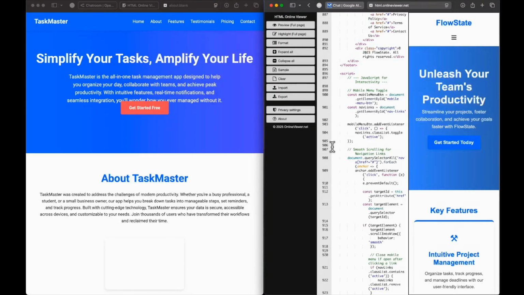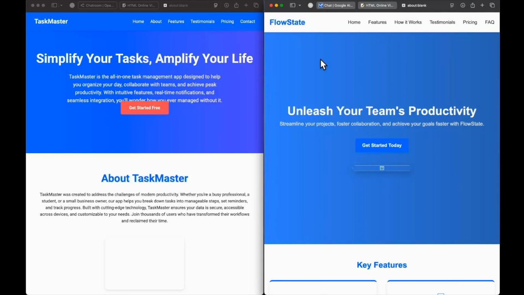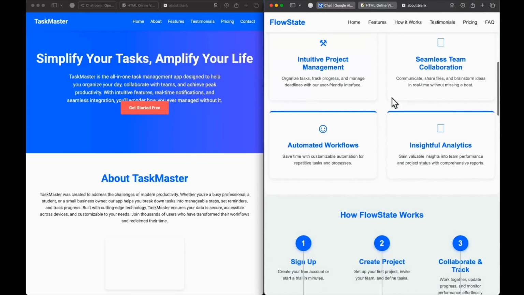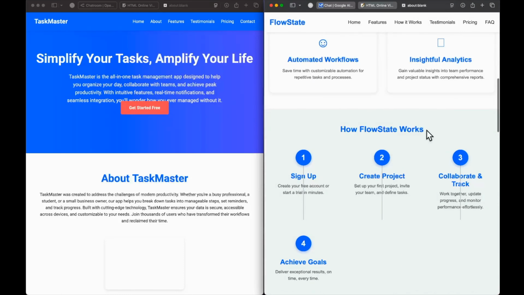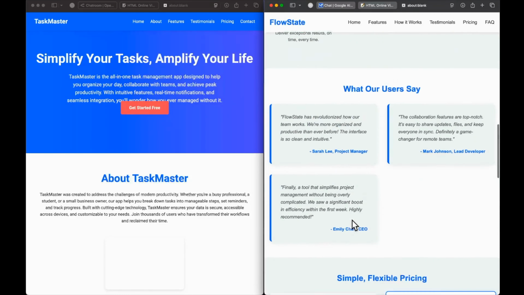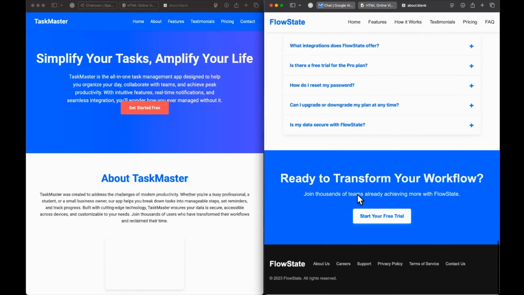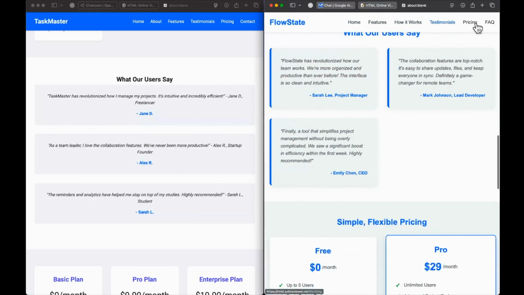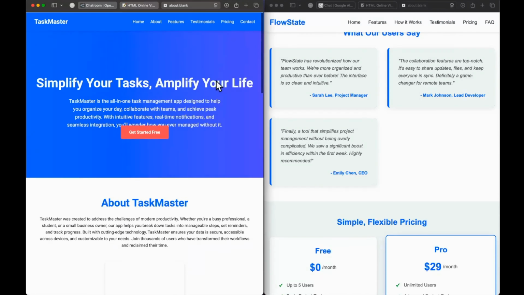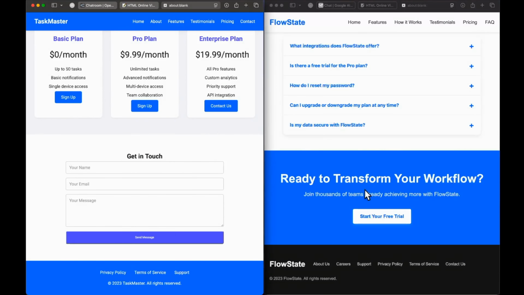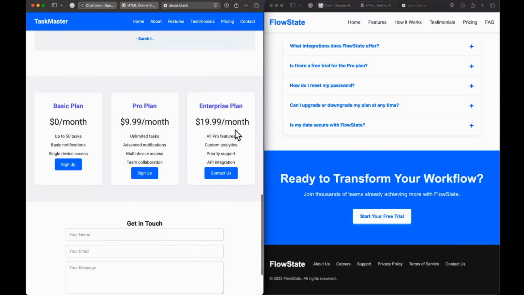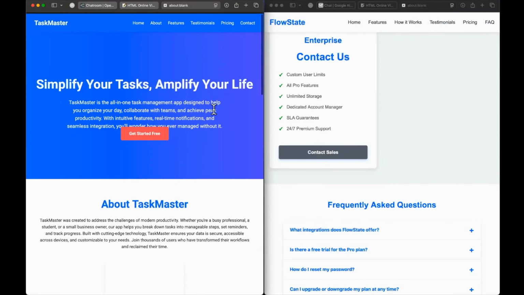Let's open up HTML viewer and paste that. Okay, so the website name is Flow State. We also have some SVG implementation. So how Flow State works: 1, 2, 3, 4, what our users say, plans. You can see also the buttons at the top nav bar are working. So this is kind of a subjective issue, which one you would like. Personally, I like the Gemini 2.5 Flash Lite response